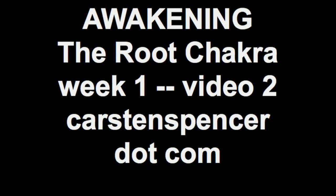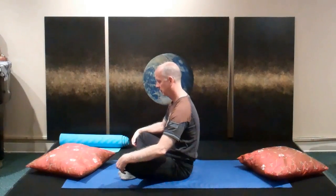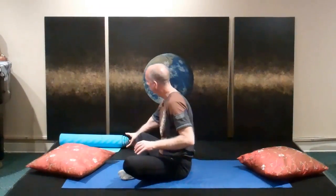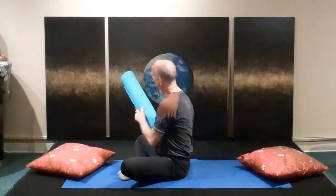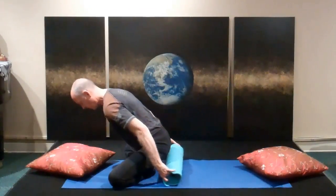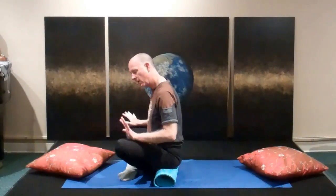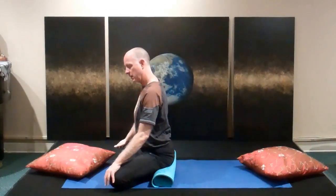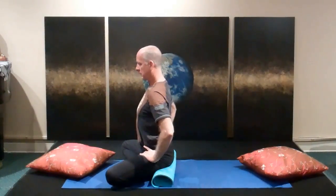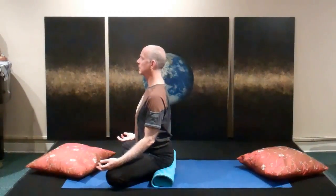Today we're going to find a comfortable seated position. Sitting on the floor, just notice how if your knees lift, it causes your back to round. If your knees are above the hips, then what you need is a lift under your buttocks. A rolled up mat works excellently. That allows the knees to fall down towards the floor, the chest to lift, the hips to rotate forward, and